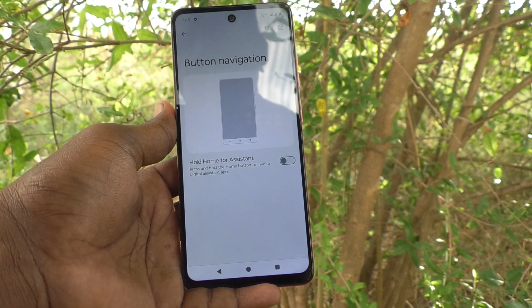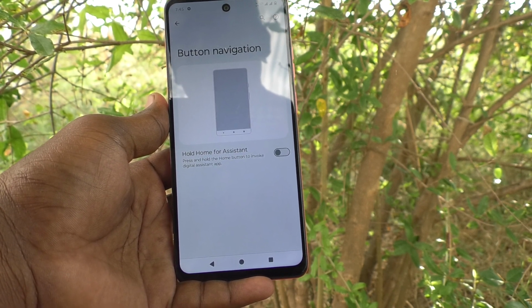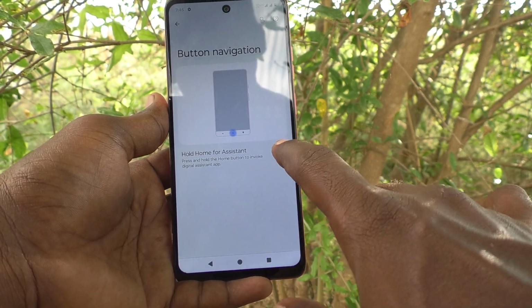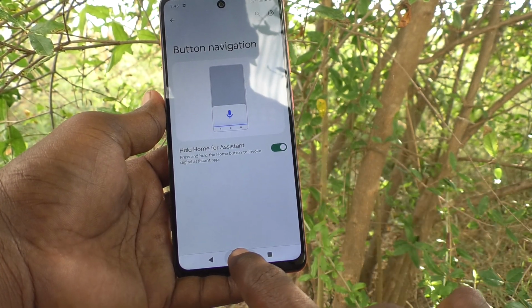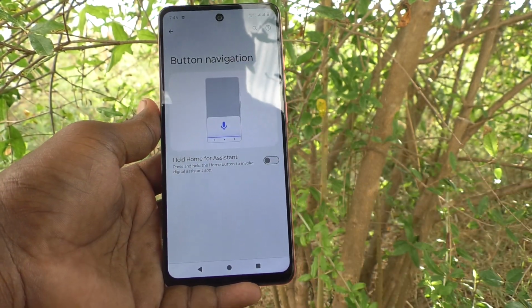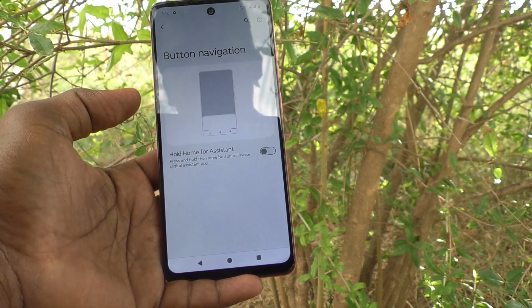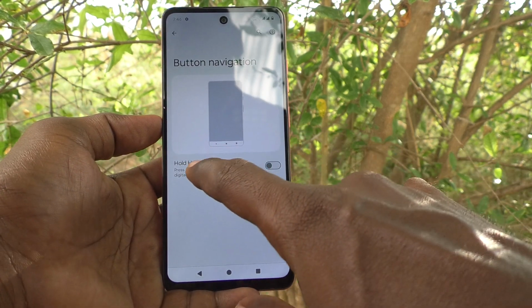Okay, so in this way you can easily turn off Google Assistant from navigation button itself. Okay, if you turn on this button, if you long press here, Google Assistant will open. Okay, so to turn off Google Assistant, just use this option. Go to button navigation and turn off hold